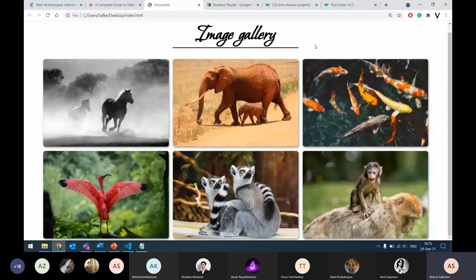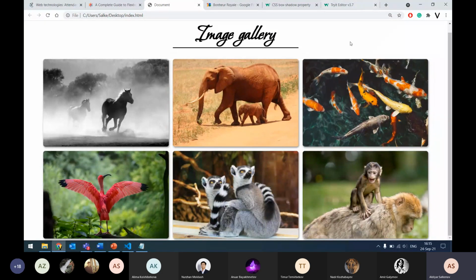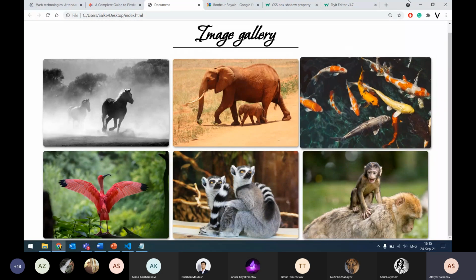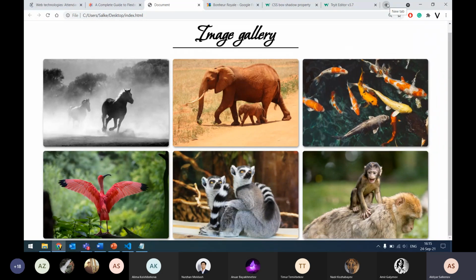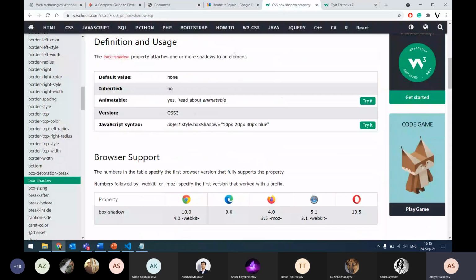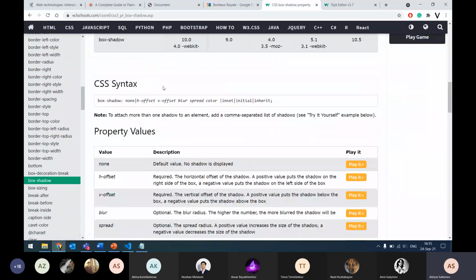Sorry, I forgot to tell you. I showed you those transitions, but the most important part is that it doesn't work on all browsers. So how do we check whether a certain property works on every browser? If we go to, let's say, the CSS box-shadow property in W3Schools,